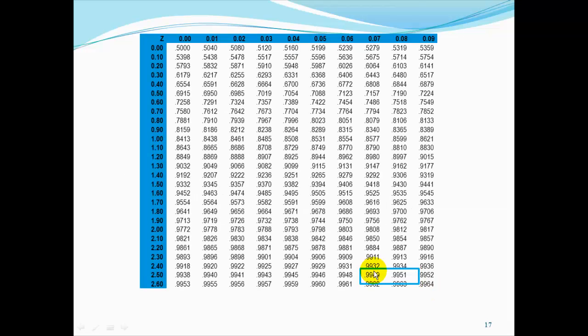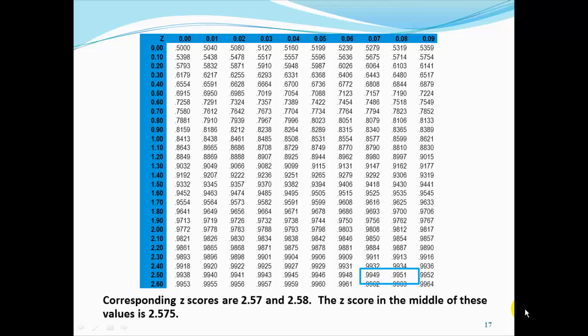When you went to the chart, you should have found two values that were equally close to the value 0.995. 0.9949 and 0.9951 are both 0.0001 away from our desired value. Their corresponding z-scores are 2.57 and 2.58. Therefore, the z-score that we want is exactly in between these two values. The z-score in the middle of these two values is